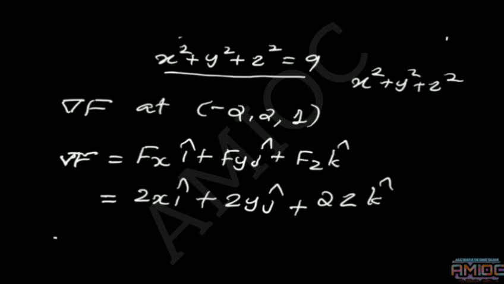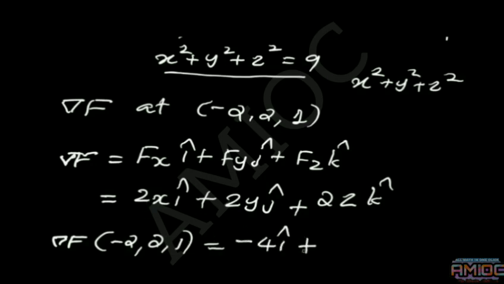Now we have to evaluate del f at (-2, 2, 1). If we put in the values -2 for x, 2 for y and 1 for z, we will have 2 into -2, which is -4 i cap, plus 2 into 2, which is 4 into j cap, plus 2 into 1, which is 2 into k cap, which is not equal to 0. Therefore, the gradient vector at the point (-2, 2, 1) is non-zero. Hence,